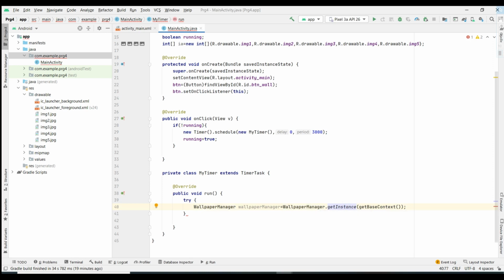As I told, we may come across certain errors or certain exceptions. So that is the reason, since we need to retrieve the wallpapers or the images we have stored in the image array, we are going to make use of getInstance. And it is going to take a parameter, that is getBaseContext. So the base context as set by the constructor or setBaseContext, it is going to return whatever it is retrieving.